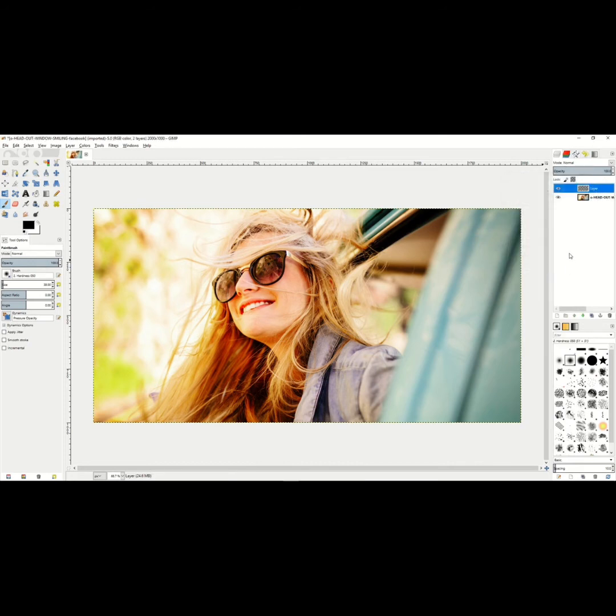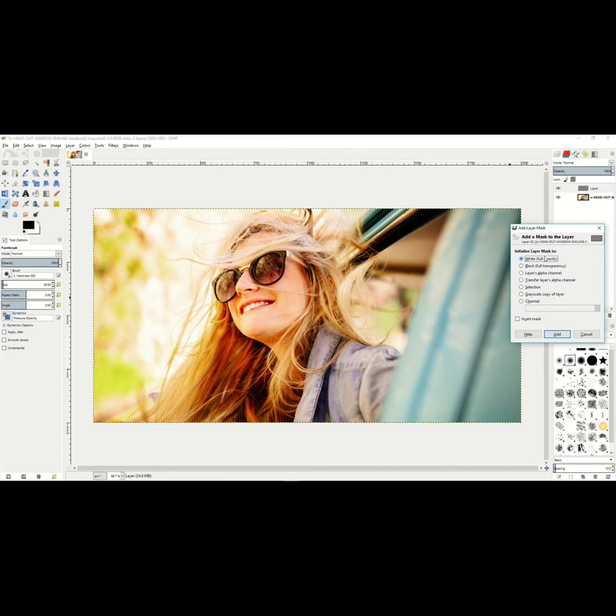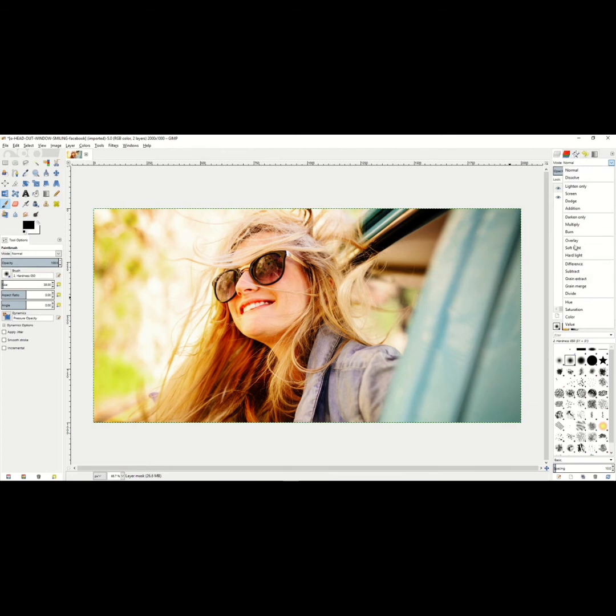We'll make that transparent, that's fine. And from there, we'll also create a layer mask. So go ahead and add a layer mask to this layer. Make sure that it's set to white so it's full opacity. And you want to change this layer's mode to saturation. And by changing this layer's mode to saturation, you'll be able to change the opacity on the saturation on the